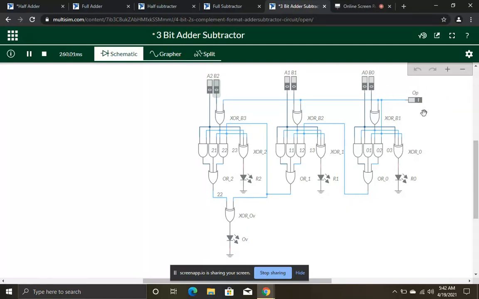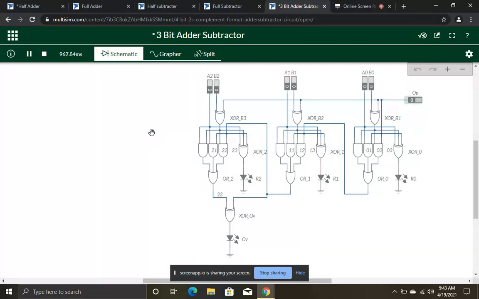This operation decides which operation will be performed on the number. One means negation, subtraction, and zero means addition. If there is zero, then the operation performed will be addition. If we have the numbers 2 plus 3, if we want to add 2 into 3, then we will convert them into binary numbers.